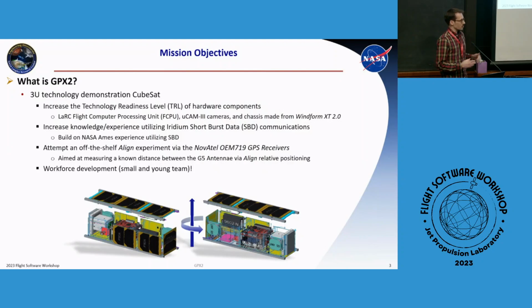Just to give you some context too, this project is a white space project. We work other projects; this is a white space activity for us. So someone came up to us with a technology demonstration idea. We had a very limited budget, a very limited platform, and quick turnaround. What can we do with the limited resources we have? So